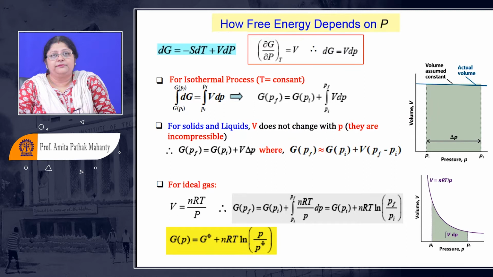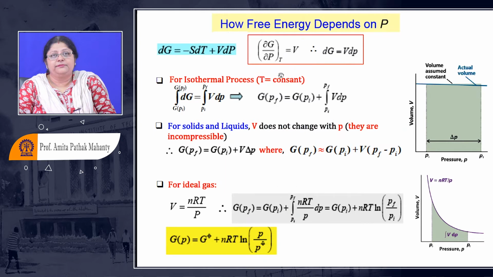Again, we have this fundamental equation. I am talking about the change in G with respect to pressure. That time what I hold constant, I hold the temperature as constant. So if I hold the temperature constant, the dG by dP at constant temperature is a measure of the volume of the system. Okay. So if I rewrite this, instead of the differential form, I can write delta G equal to V dP.